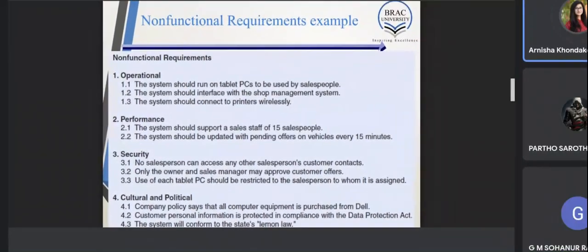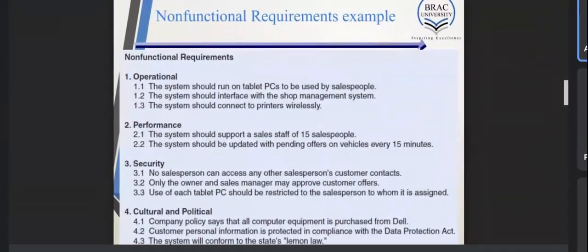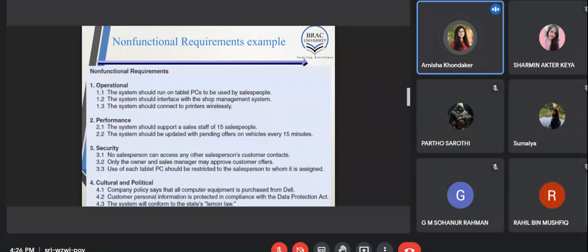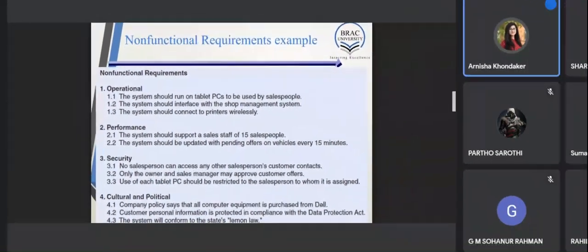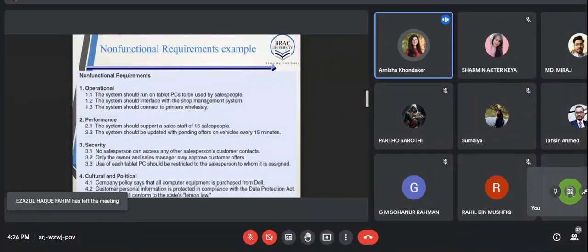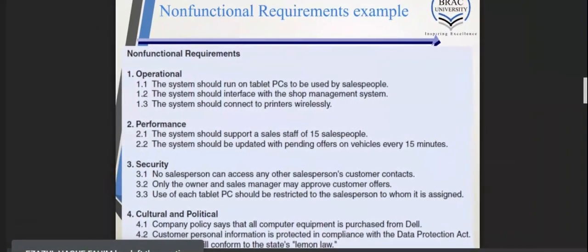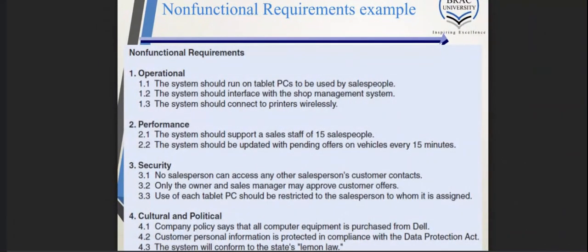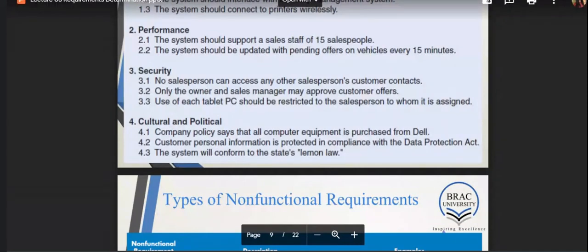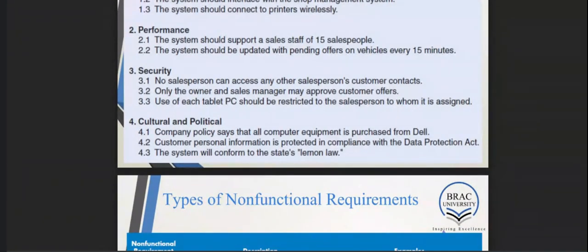Suppose you're logging into Facebook. That you can log in to Facebook, this is Facebook's functional requirement. But when logging in, maybe in order to protect your password, they are going to be encrypting this password. Encryption is a non-functional requirement because it has to do with the performance of the system. All right, or if there is some cultural or political aspect, suppose your system just wants to use